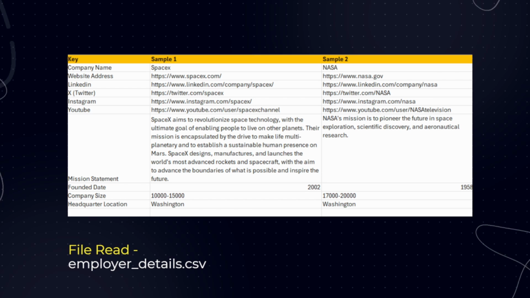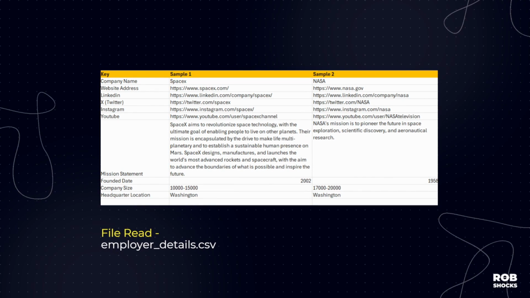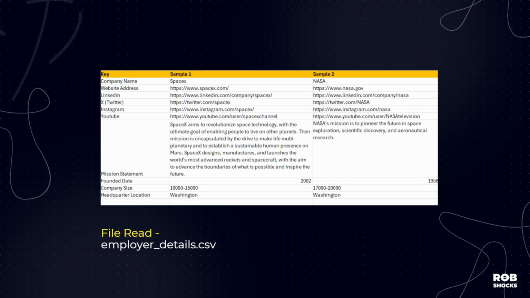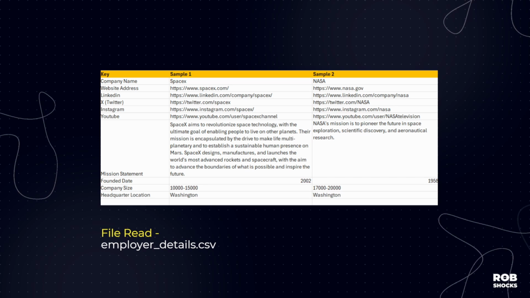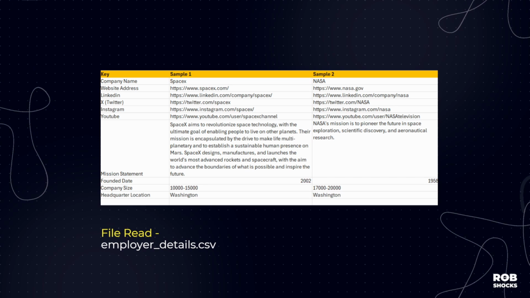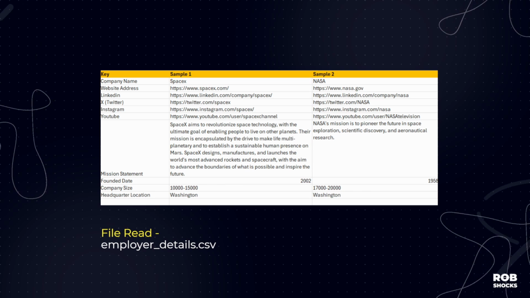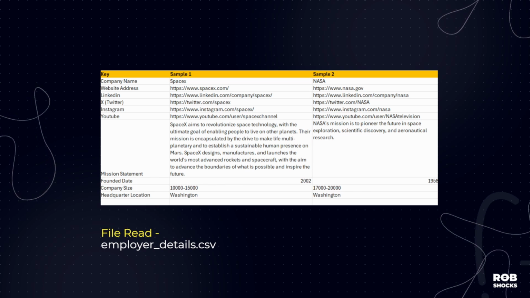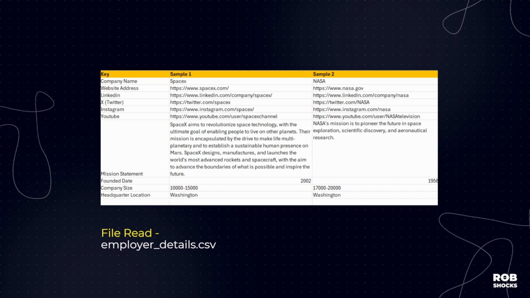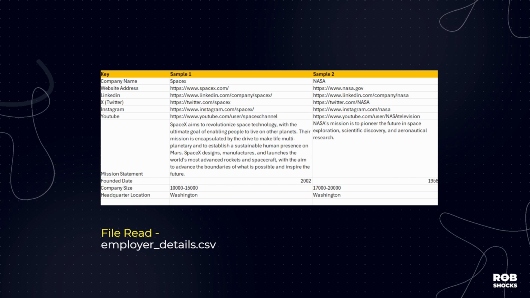Now, there's a number of different ways that I can get this in real life. I can go and search for that myself and fill this out row by row, but that's going to take several minutes. Second thing I could do is use a database like ZoomInfo or Crunchbase or BrandFetch and create an API call to pull that information, and they will supply that at a certain rate per each field or per